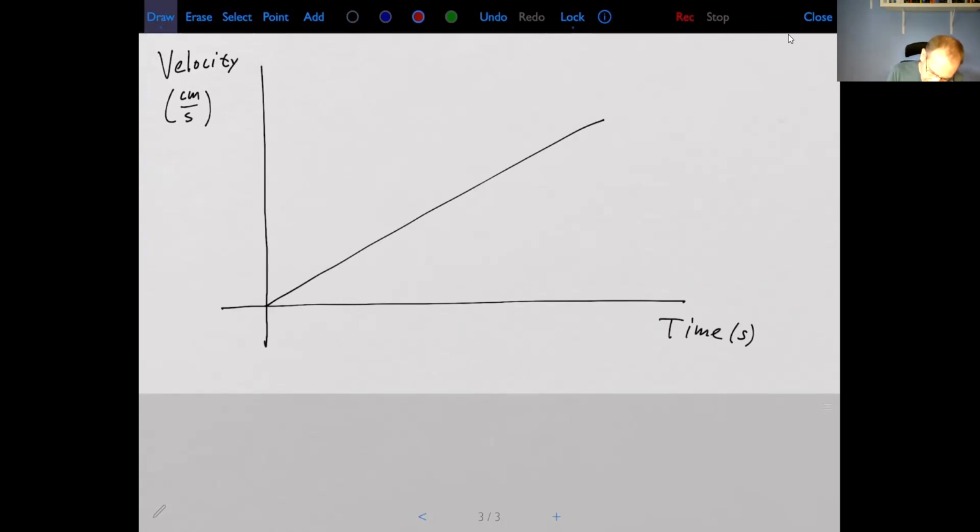So let me pick 2 points on the line. Let's say this corresponds to T1. This is going to correspond to my initial velocity, right, which is say V1. And let's say this point corresponds to T2. Then this would be my velocity at that time, which I'm going to call V2. And if I calculate the slope, I'm going to have